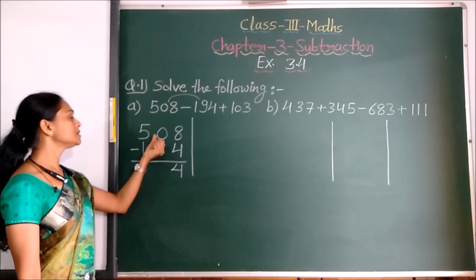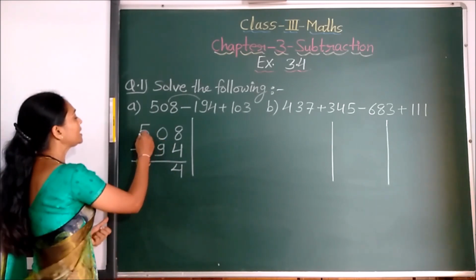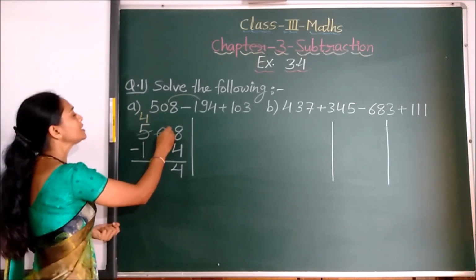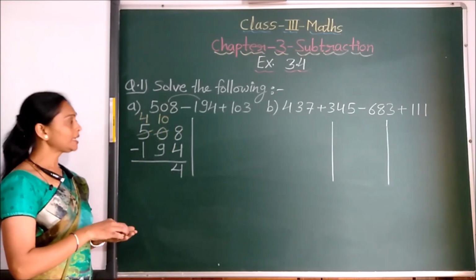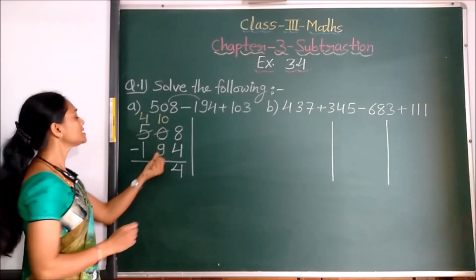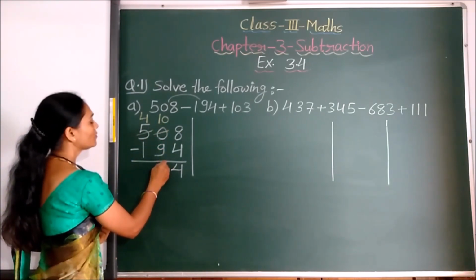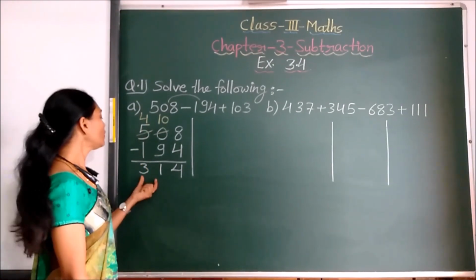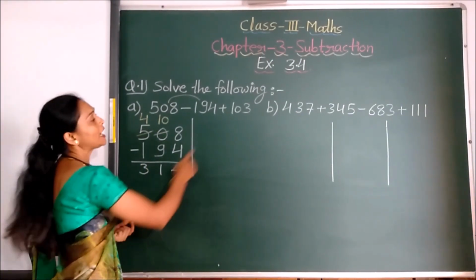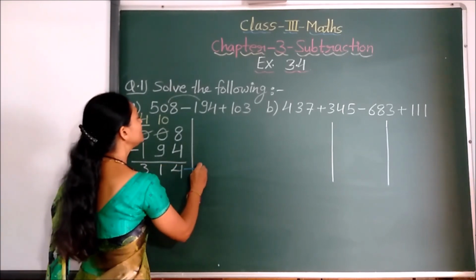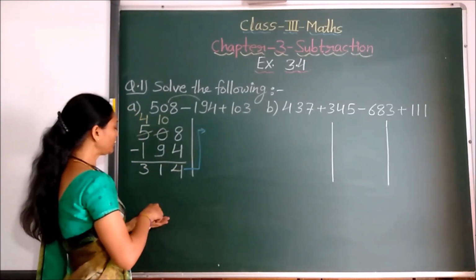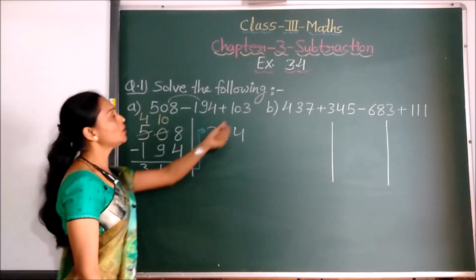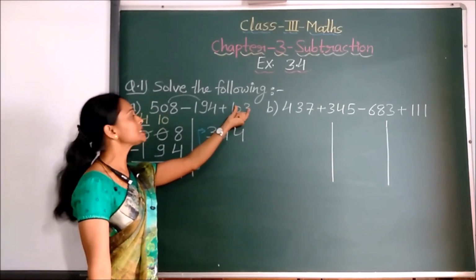And then this is 0. We have to subtract this 9 with 0. So for that we have to borrow from here. So this will become now 4 and this will get 10. So now 10 minus 9. 10 minus 9 how much? It is 1 and 4 minus 1 it is 3. So now what to do children? With this number we have to add this one. So we will see here first we will write this number 314 and then down we have to write now this number because this is left.